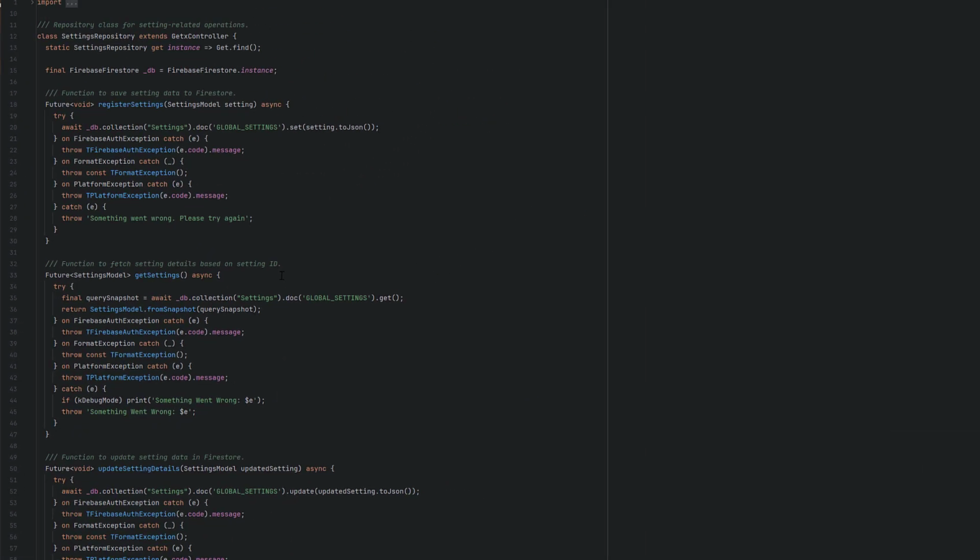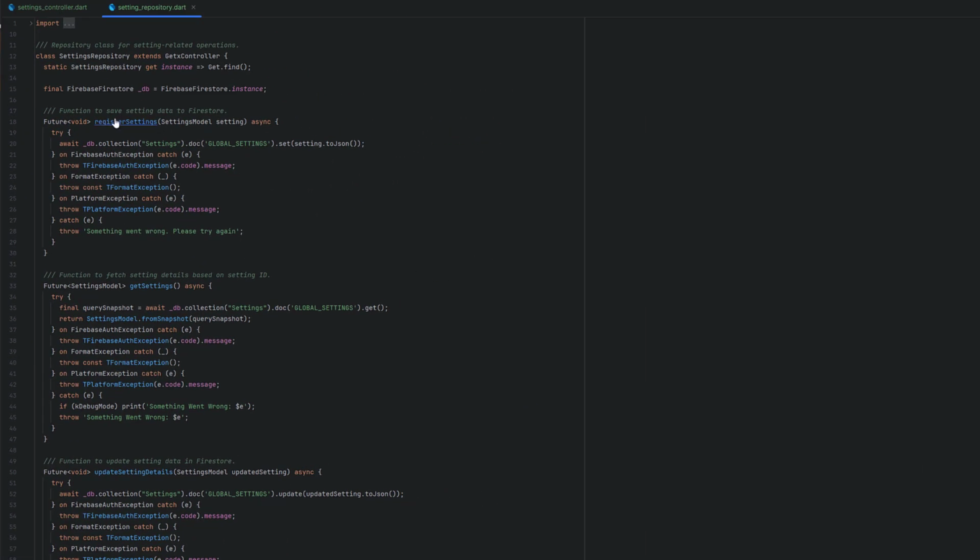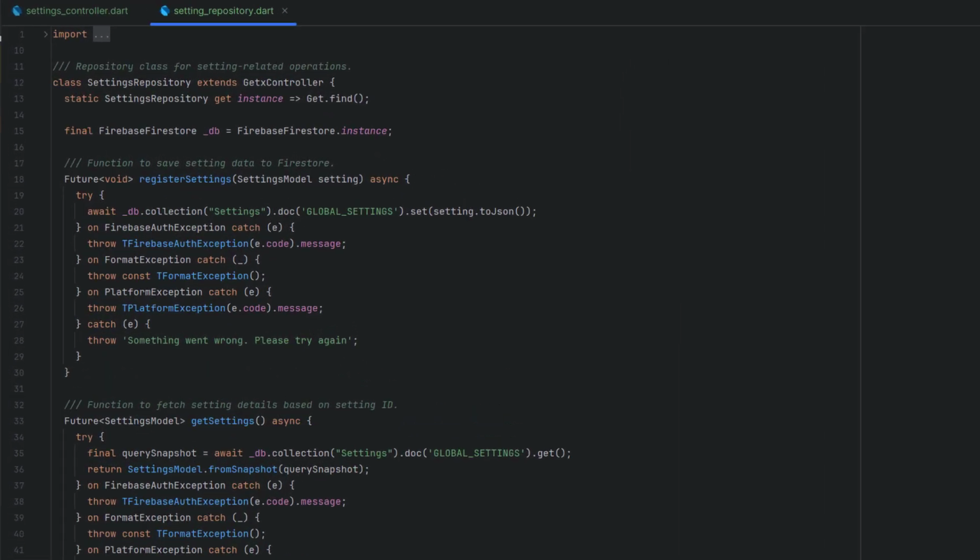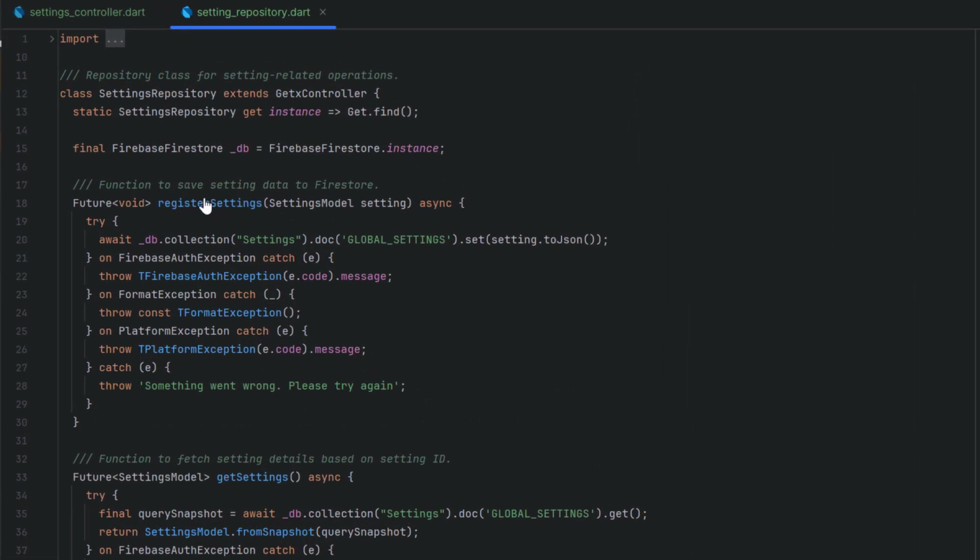Now, you cannot update the settings until they are inside your database. So when you want the settings to be created, I want this settings collection to be created whenever we are going to register the admin. So if I'm going to show you this one, currently it has no instance, means register setting is not being called and we are not registering the settings.